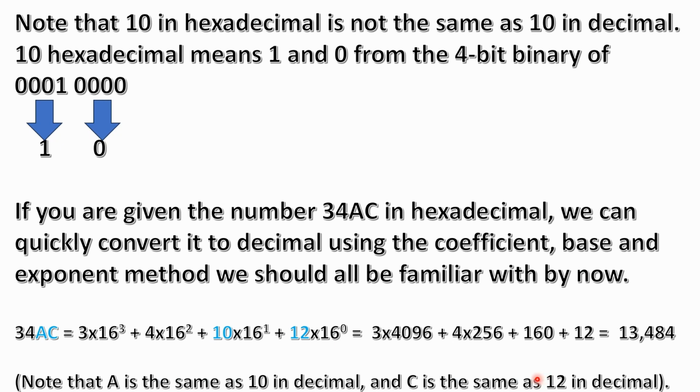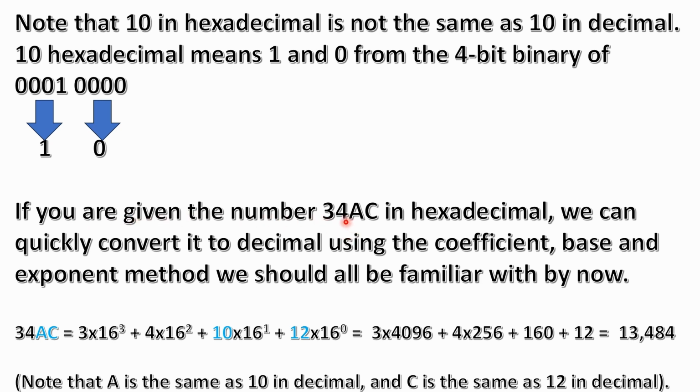So note that 10 in hexadecimal is not the same as 10 in decimal, as we just said. 10 hexadecimal means 1 and 0 from the 4-bit binary here, which was kind of what I described from the table. You can see how that works. This is the binary represented in 4-bit binary, and then you've got the hexadecimal equivalent of 1 and 0. So yeah, if you're given a number,